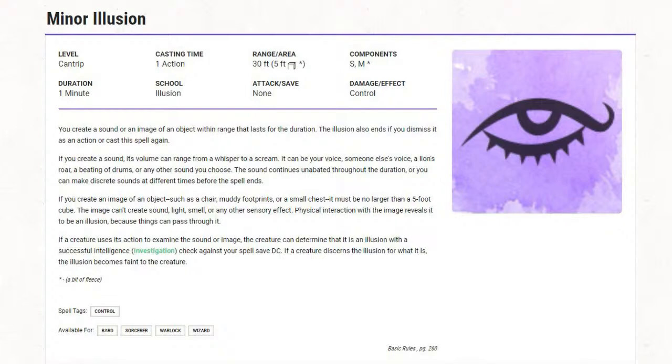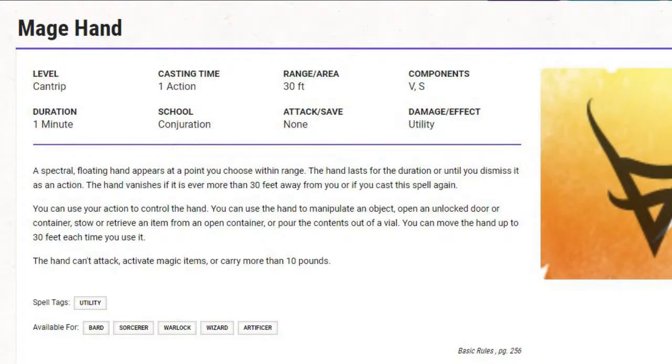Okay, number 2 on my list is going to be Mage Hand, because you can manipulate an object or objects and the environment 30 feet away without becoming paste on the wall, or basically getting killed or hurt or damaged. It is better than the 10-foot pole, and you know how I feel about the 10-foot pole. I still think it has a place in Dungeons & Dragons 5e and other versions of Dungeons & Dragons. So Mage Hand, very useful, simple to use too.